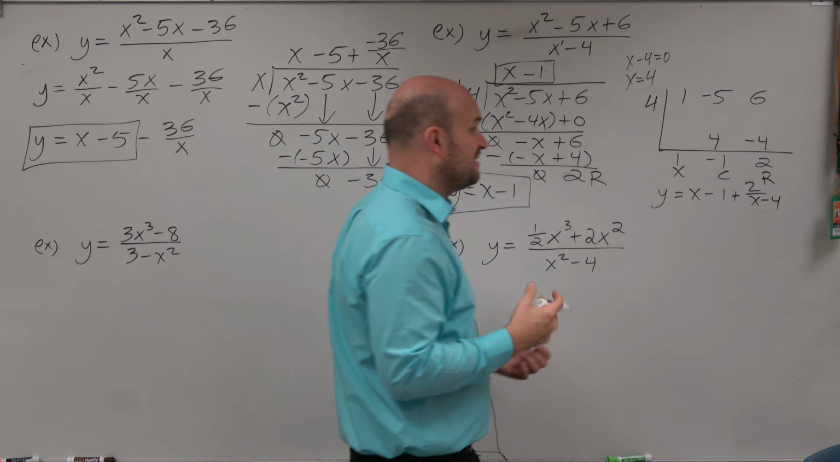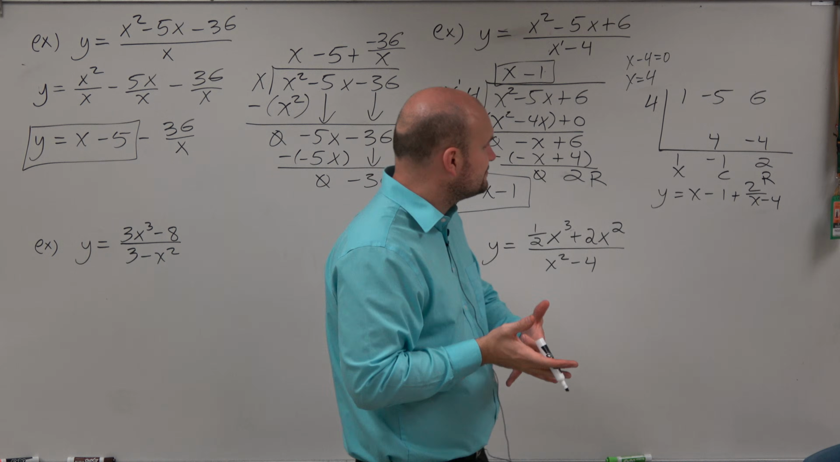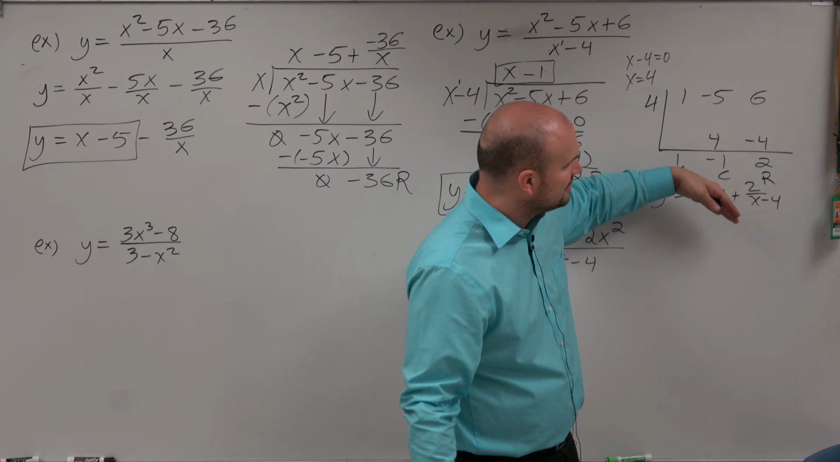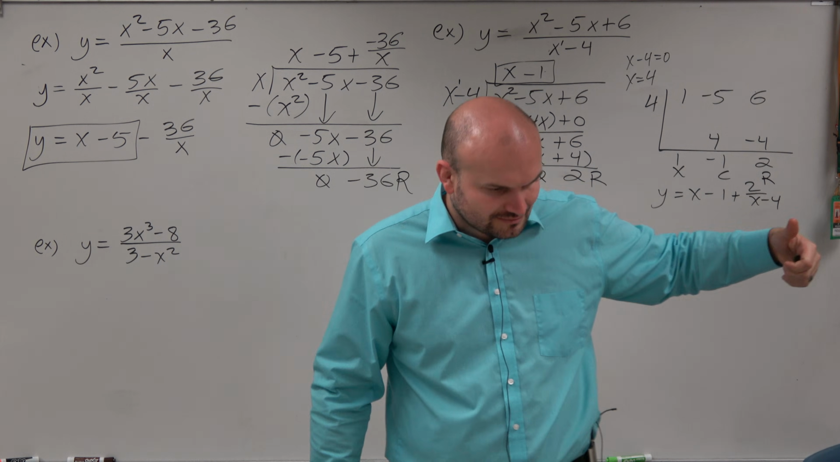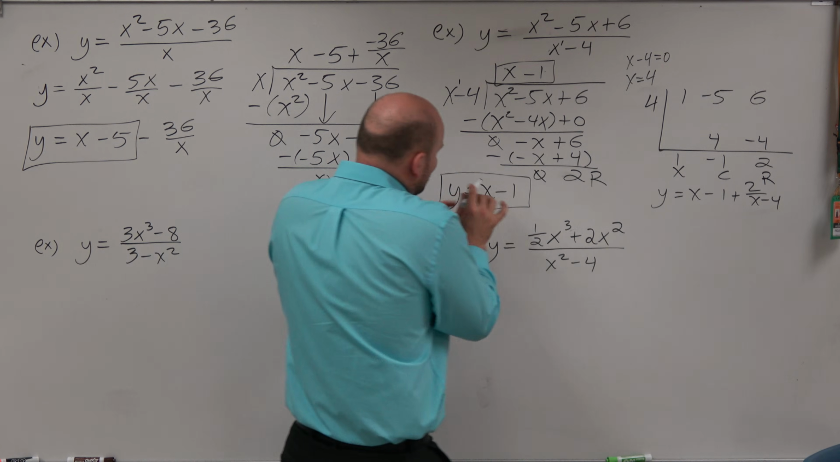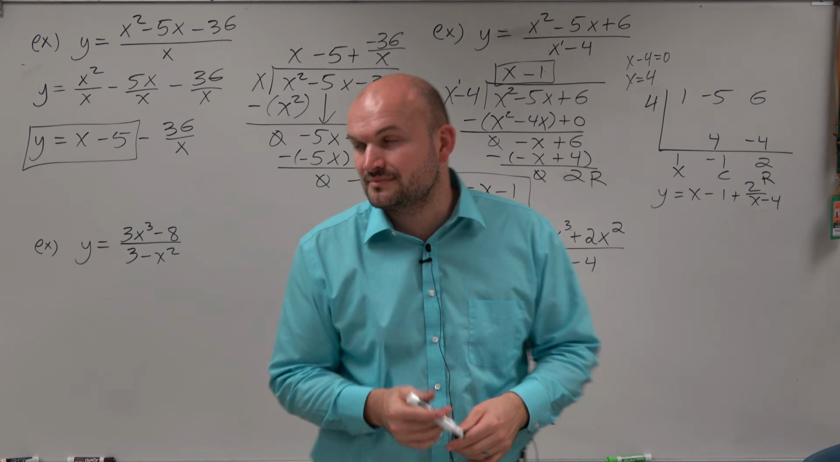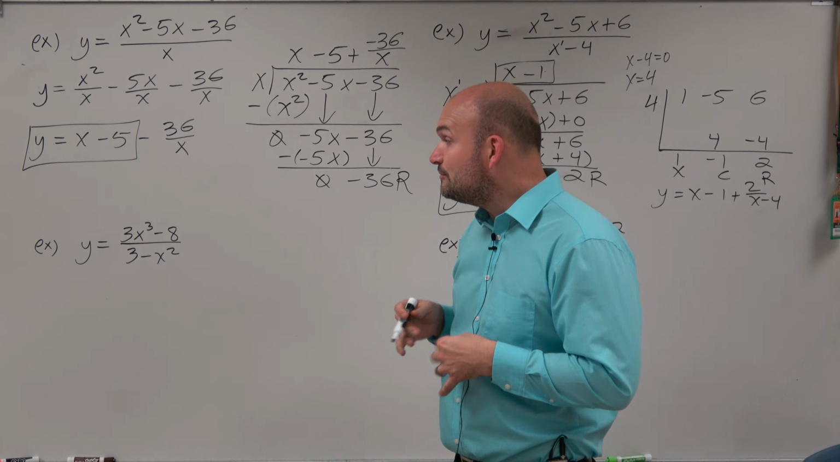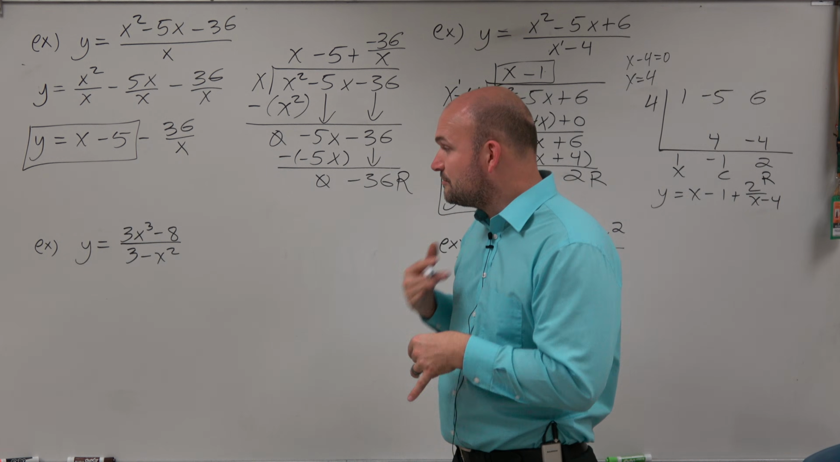That's how we write the remainder in a long division. But again, we don't need the remainder. All we need is y equals x minus 1, or as a divisional statement. There we go. All right, so in the next one, we notice that we have a 3 minus x squared,